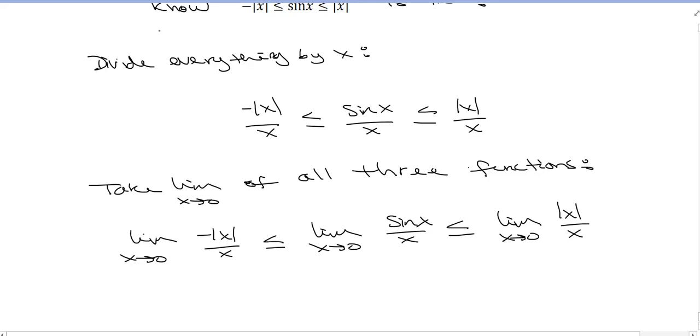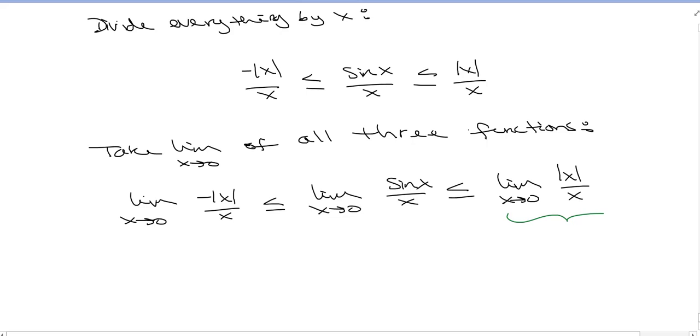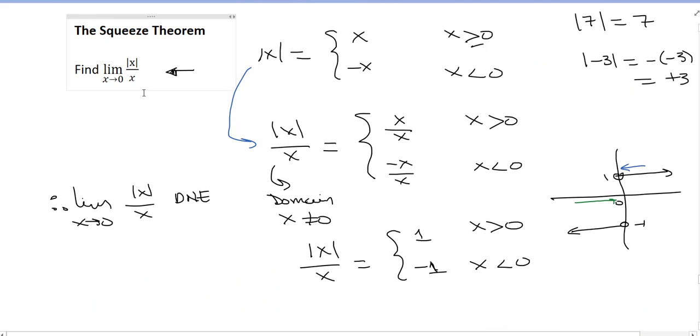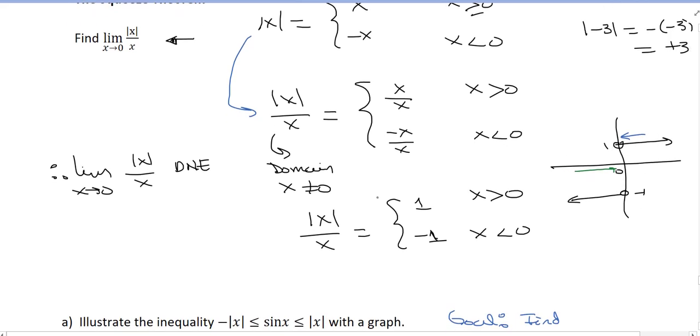Now at the beginning of this video, I had us find this limit. Notice that as x goes to 0, I'm going to be a little sneaky here. Because I'm approaching 0 with a two-sided limit, for my h of x on the right, I'm going to approach 0 from the right. And for my f of x, to the left of this inequality, I'm going to approach my limit from the left. So going back up to the beginning, we had the absolute value of x over x as x goes to 0. We had this as the graph, right? And now if I'm looking at it as it goes to 0 from the right,